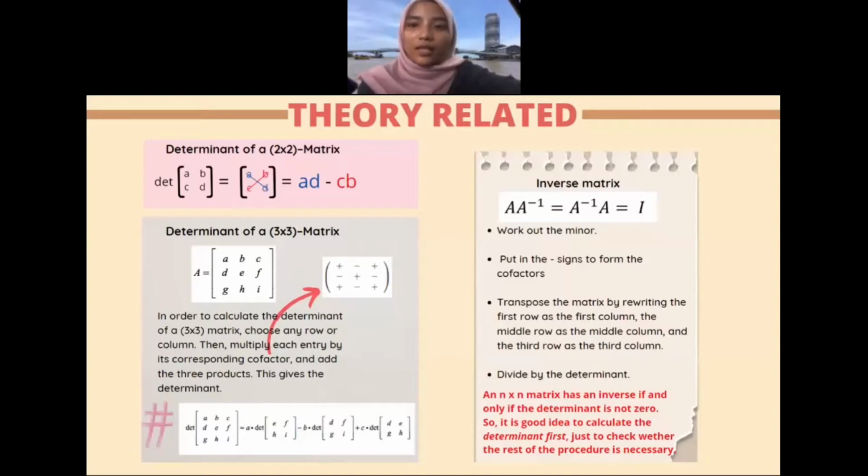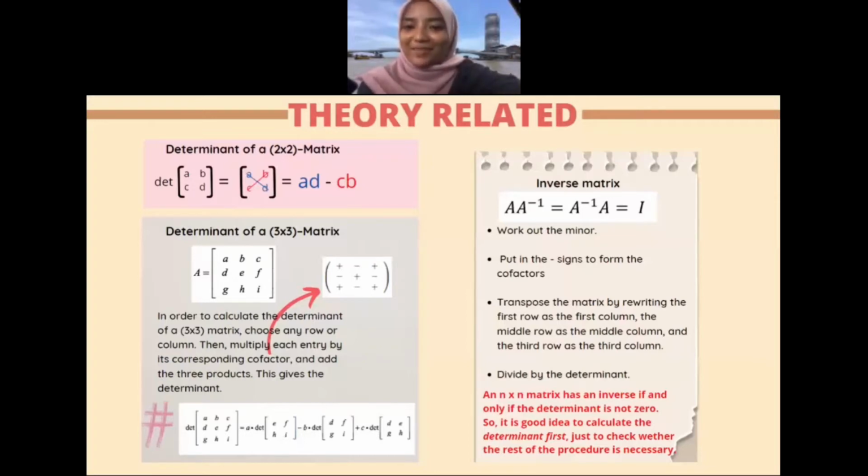And then for determinant of a 3 by 3 matrix, to calculate the determinant, you can choose any row or column and then multiply each entry by its corresponding cofactor, which means we need to put the sign of plus, minus that follows the cofactor, and then you can add the 3 products. This gives you a determinant. So overall, you can say that the formula is like that, which is beside the hashtag